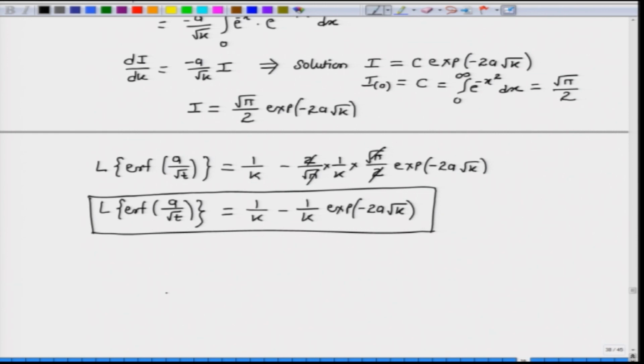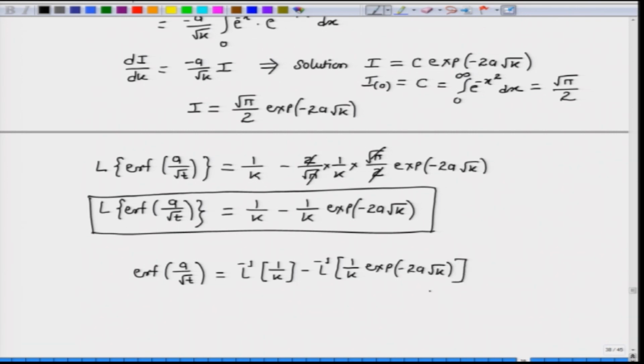If we evaluate the inverse Laplace on both sides, then on the left hand side the inverse will be just error function a by root t, which is equal to, on the right hand side, L inverse of 1 by k minus L inverse of 1 by k exponential minus 2a root k, and L inverse of 1 by k is nothing but 1, because the Laplace transform of 1 is 1 by k, and if we rearrange we find